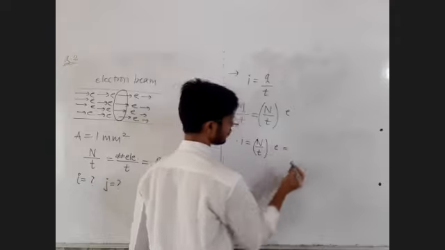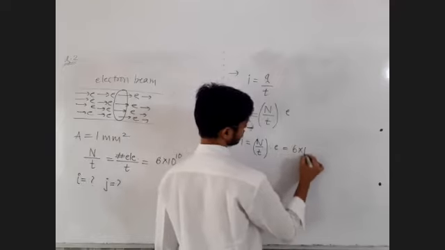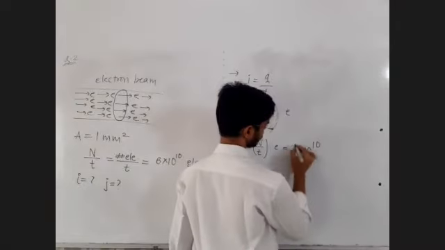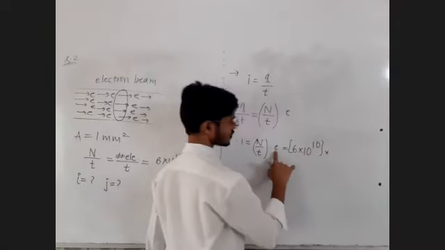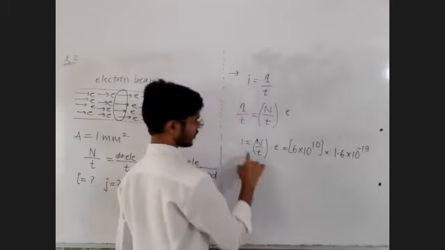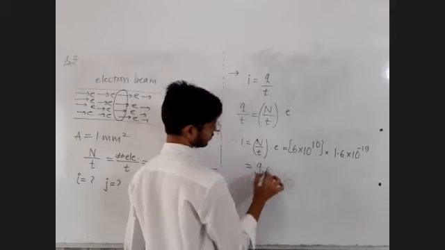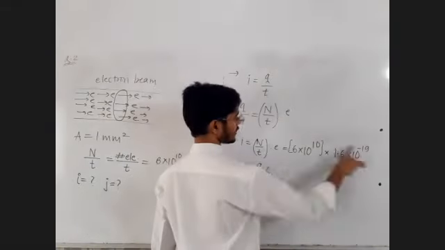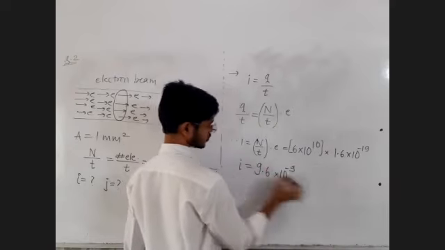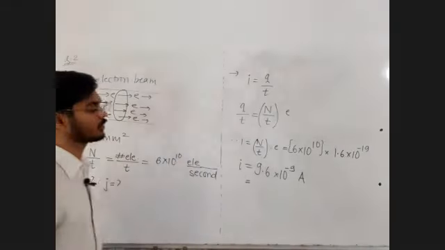That's it. We want just numerical values, so forget about plus and minus. So it is given as 6 into 10 raised to 10 multiplied by charge on single electron is 1.6 into 10 raised to minus 19. That's the value of current. 16 into 6, I think it is 9.6. You just cross check me. Minus 19 plus 10 is minus 9. Current we are finding out, so it must be in ampere, and you know that 10 raised to minus 9 means nano.